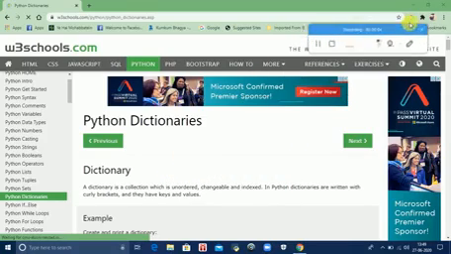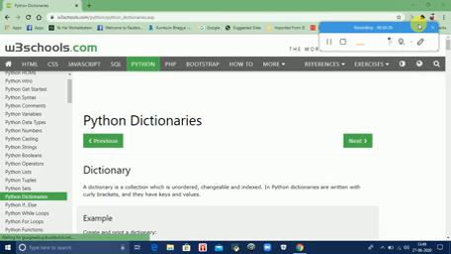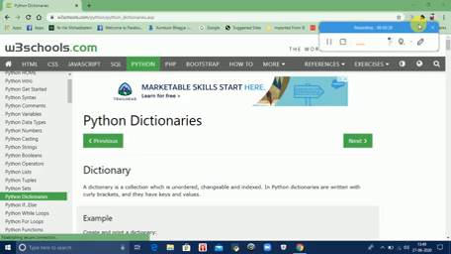Let's start our new topic, that is Python dictionaries. It is a separate topic for class 11, but for 12th it is included in your unit 2, that is revision. So what is a dictionary? A dictionary is a collection which is unordered, changeable, indexed. In Python, dictionaries are written in curly brackets and they have keys and values. Students, we have learned about string, list, tuple, and now dictionaries. For class 11th, all these are 4 chapters, but for class 12th, these all come under your chapter number 2.